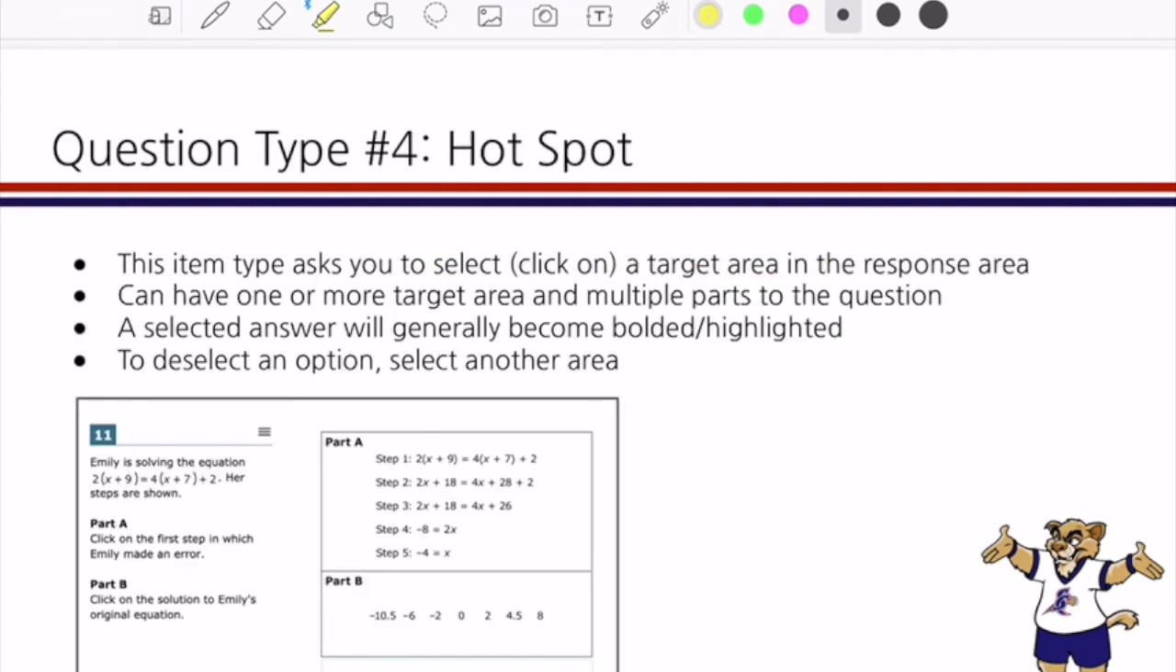All right, the fourth question type is what's called hotspot questions. And these questions ask you to click on a target area in the response area. It's like you're selecting the answer to the question. When you click on an answer, a selected area will generally become bolded or highlighted. And you'll know that it's a hotspot question because the directions will say something like these ones do